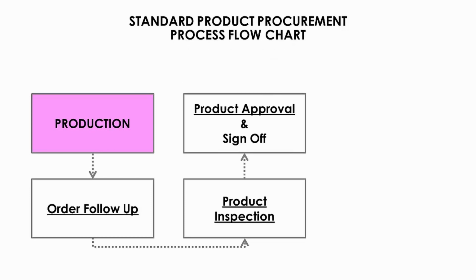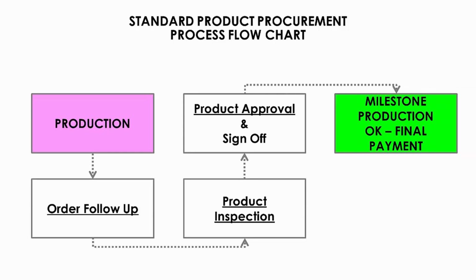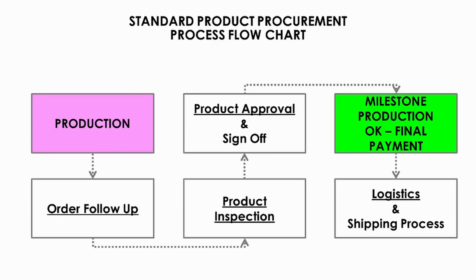Once products have been inspected and approved and you are happy with the results, you should sign off production as acceptable with that supplier. This means that products can be prepared for shipping. It also means it's a milestone in the process where product is okay and the final payments need to be paid. The final step in this phase is to ship your products to the final destination, and how you do